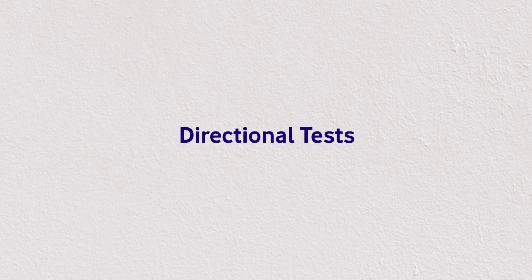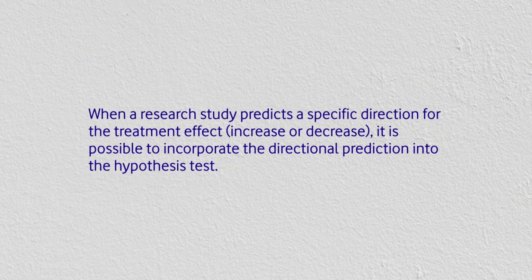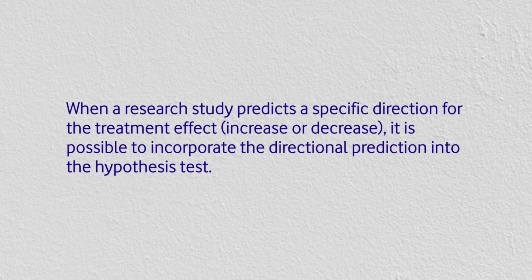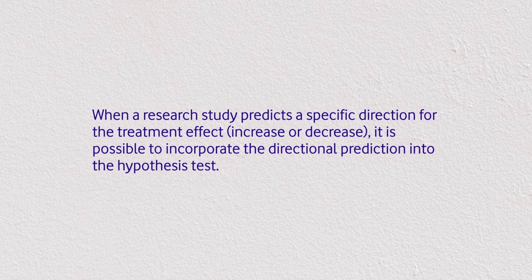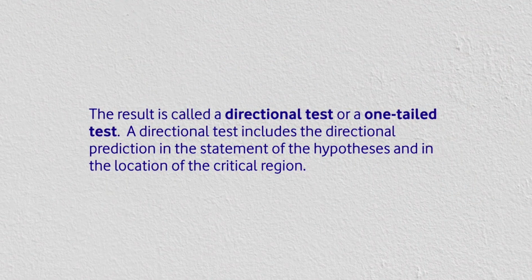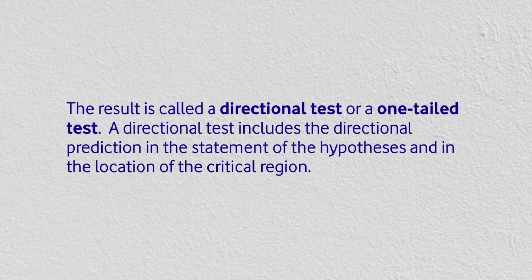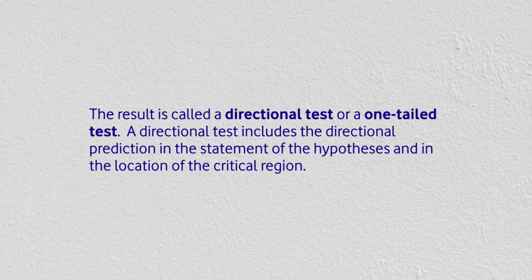So what we have observed is that these are called the null hypothesis and alternative hypothesis. Now the directional test. When a research study predicts a specific direction for the treatment effect, increase or decrease, it is possible to incorporate the directional prediction into the hypothesis test. The result is called a directional test or a one-tailed test. A directional test includes the directional prediction in the statement of the hypothesis and in the location of the critical region. For example, if the original population has a mean of mu equals 80 and the treatment is predicted to increase the scores, then